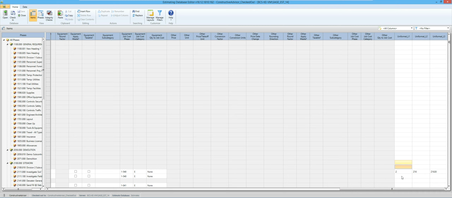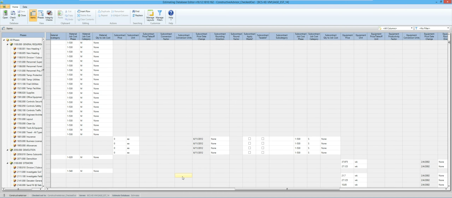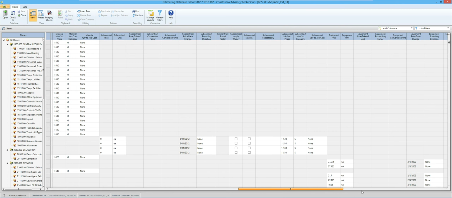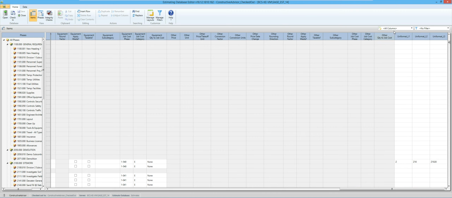So if I said that a lot of this content was going to be administrative, most of the time when you're doing this, it makes sense to go through and hide all these columns, so you could just look at the description and those values by themselves. That's a heck of a lot easier than working with it sometimes, because there are a lot of columns to this spreadsheet. In my case, I'm going to move them a little bit closer so I don't have to scroll as far.